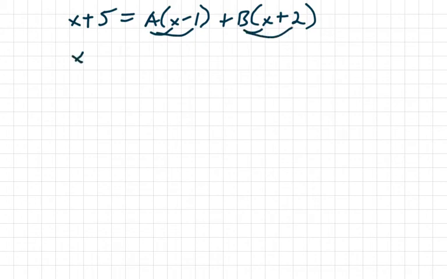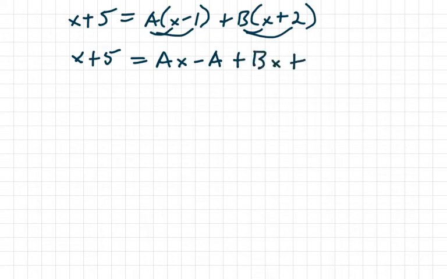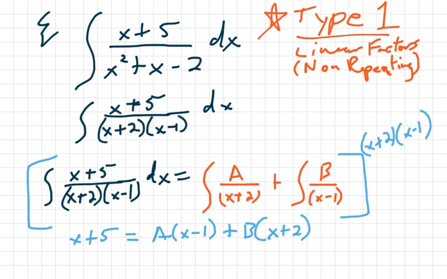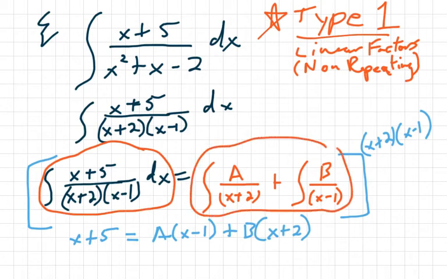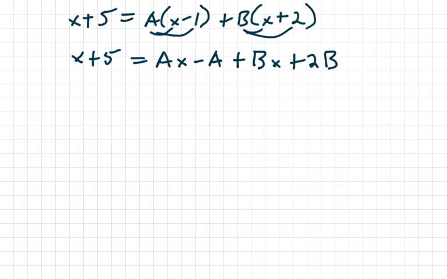So I get x plus 5, which is equal to ax minus a plus bx plus 2b. Now, again, that being said, remember, when we look back, we're saying that this side equals this side. So again, when I go back over here now, this is where I'm going to start to